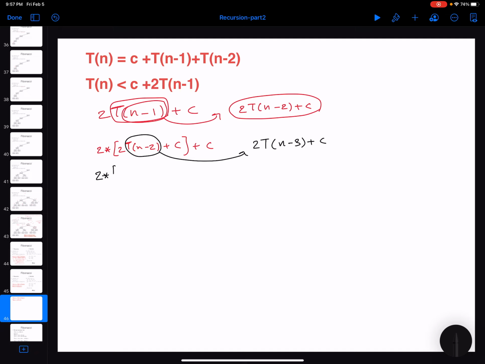So the result is going to be 2 multiplied by 2 multiplied by 2T(n-2). Sorry, this is going to be n-3, plus c, one inside, another c here, another c outside. Okay, just before we continue, let me simplify this formula a little bit. You can see that if you keep multiplying these twos inside, you are going to get 2 power 3 T(n-3)